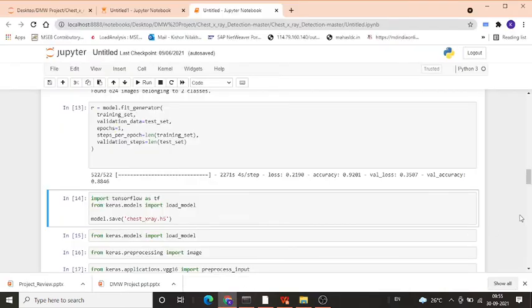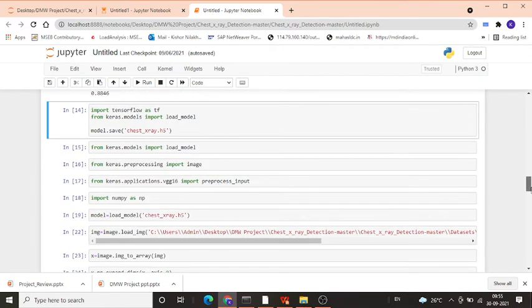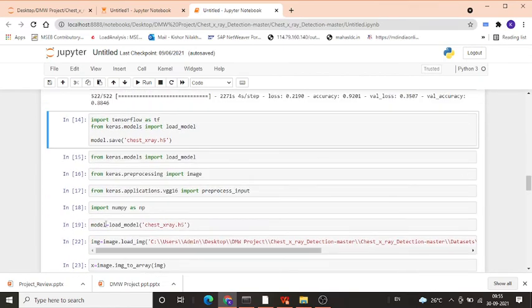Now coming to the next part, after this we are loading that model into this model variable, and here I am going to provide the image of a patient who is not suffering from pneumonia, that is the normal patient report.